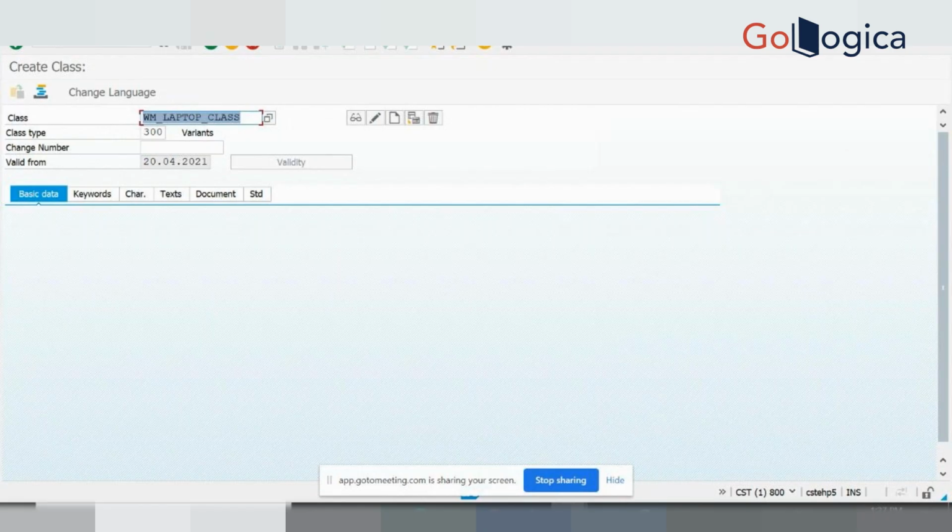I can see the transit. Yes, now I can see the create class screen. Okay, so what I'm going to do is create